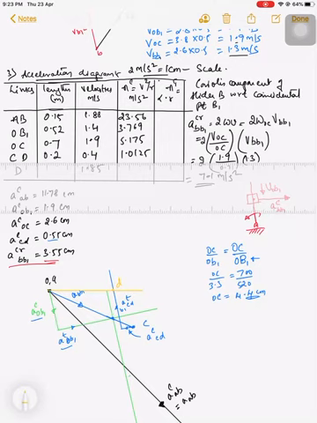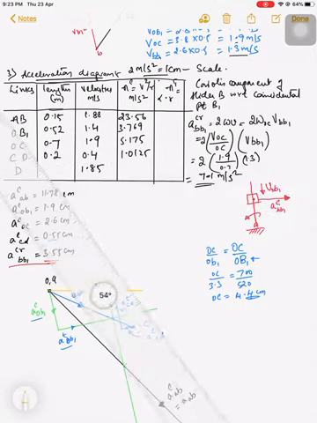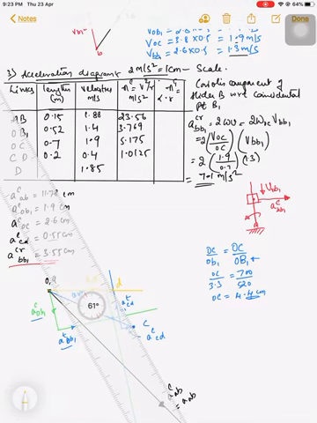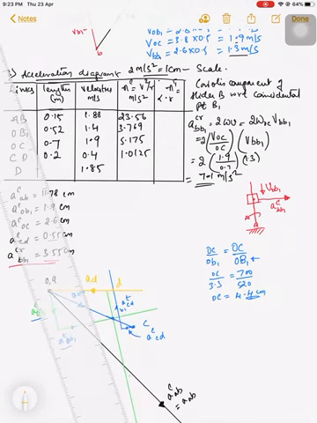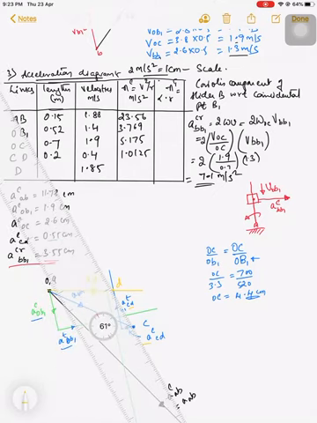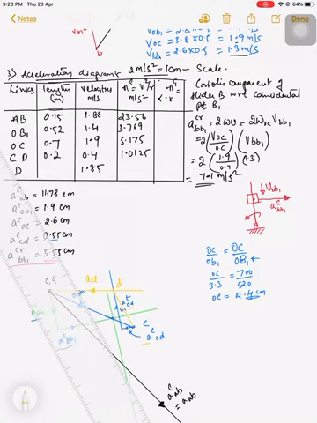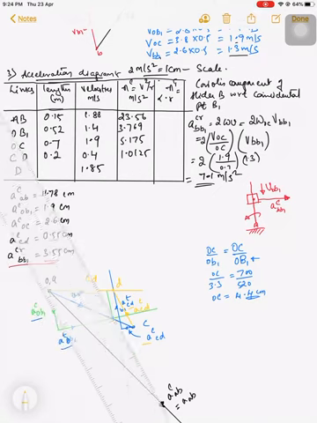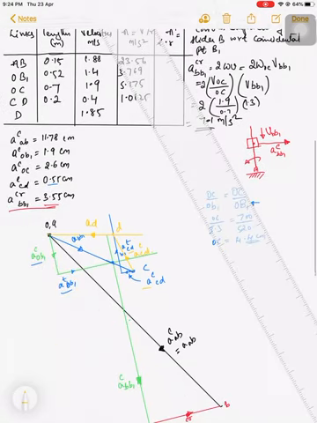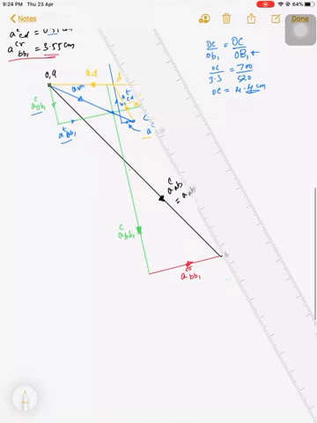Now this is your AD. Now connect these 2 points C and D, because see here, this is the centripetal acceleration and this is the tangential acceleration. When you connect these 2 points, see, it is moving in this direction, it is moving in this direction, so obviously it should be opposite. So this is your AC of CD, total acceleration of CD.